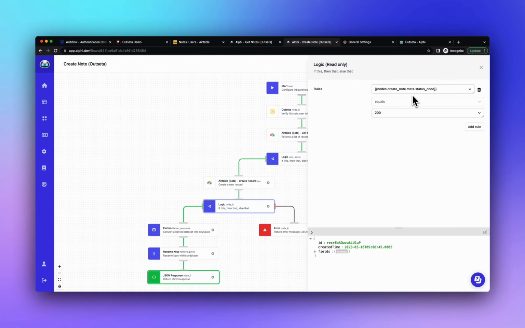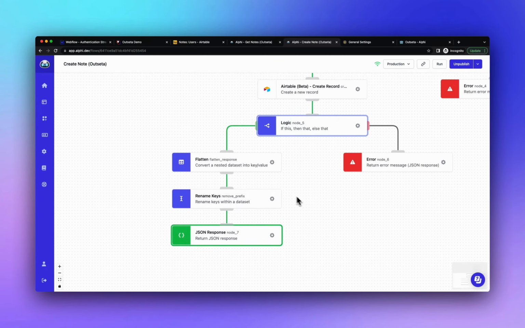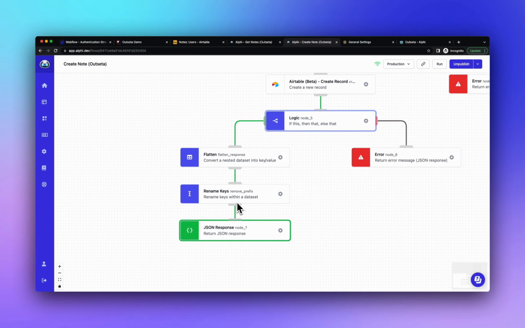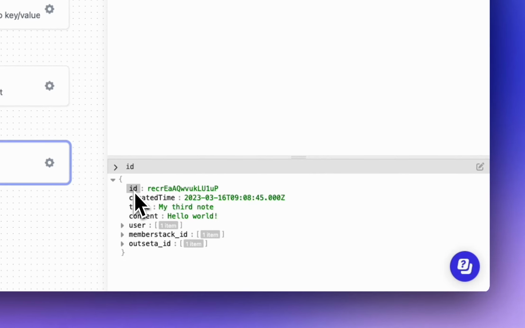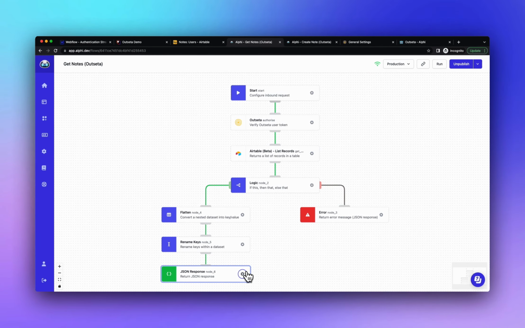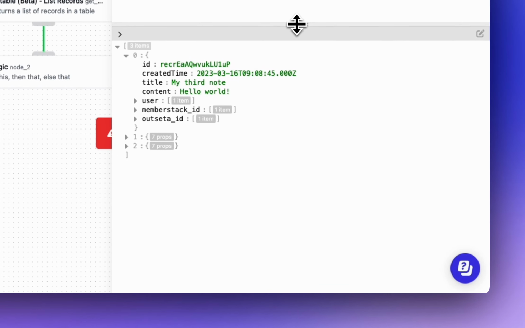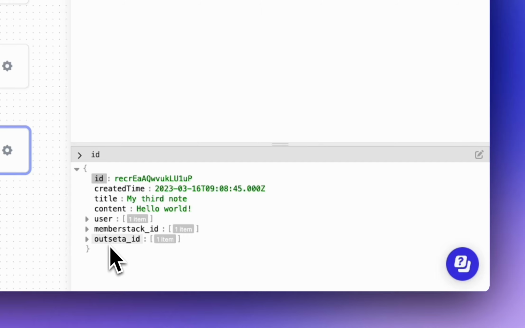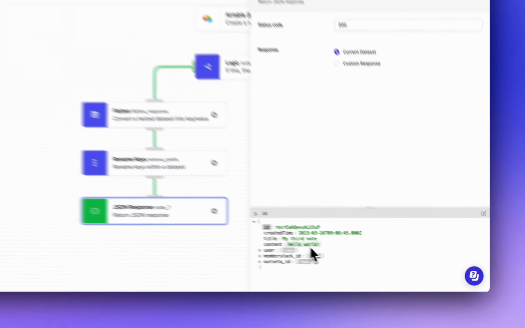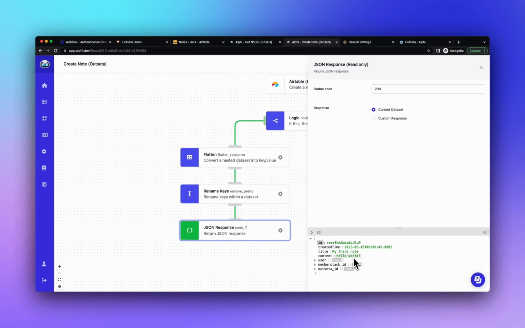Next, we check if that request was successful, so if the status code was 200, and then here we're flattening and formatting the data so it appears like this. So just like when we were fetching the notes, this is an array, but inside of it we've got ID, created time, title, content, user, Outseta ID. This time again, ID, created time, title, content, user, Outseta ID. The reason we recommend having the same data structure when you're creating a record as when you're fetching a record is